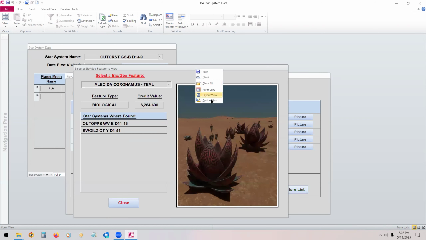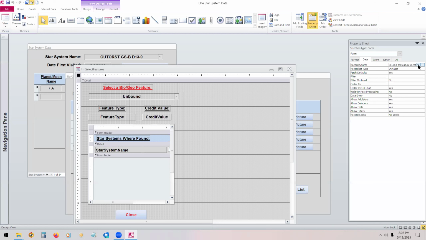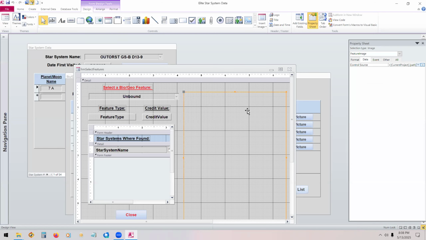Yeah, the nice thing about this is that if you need to change the picture, you just have to change the picture on the folder on your disk where the picture is, without having to go into the database to change the picture. That's correct. And in addition, if you move the database to somewhere else, you move the whole folder